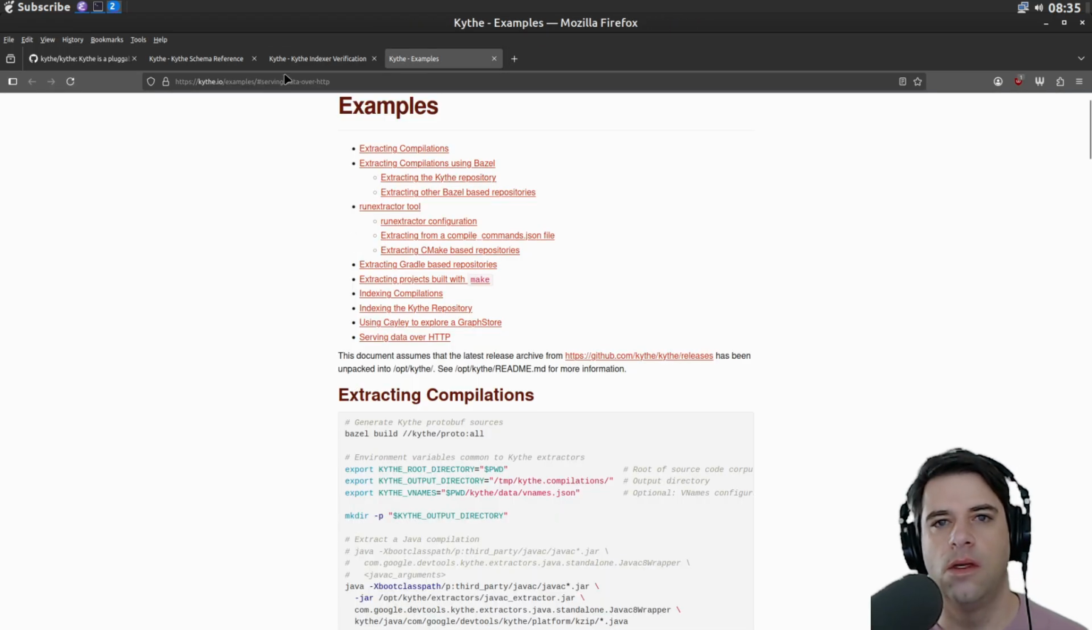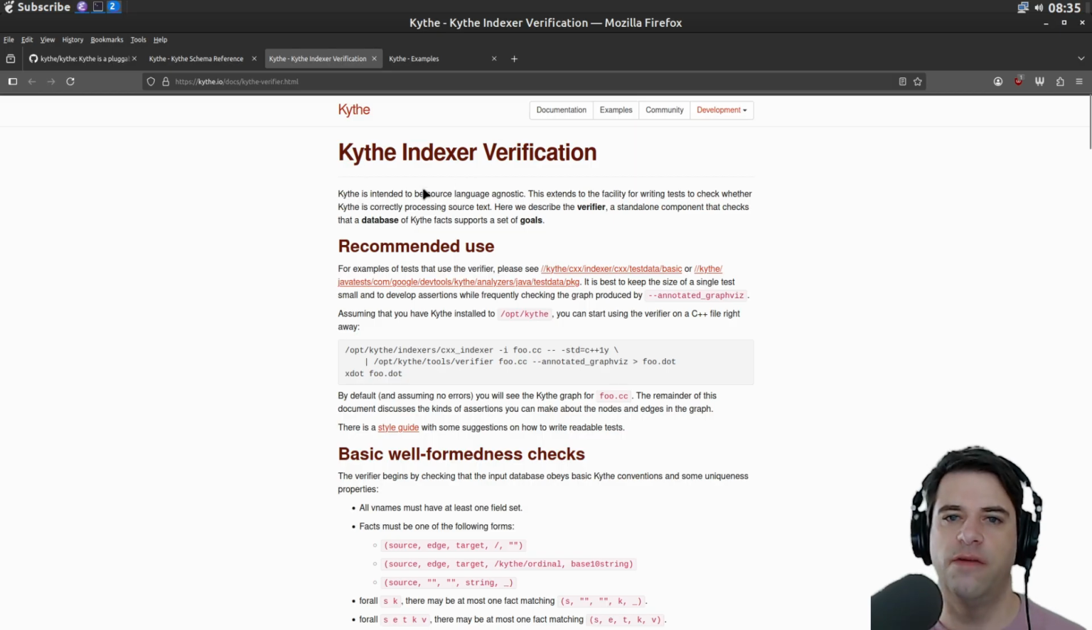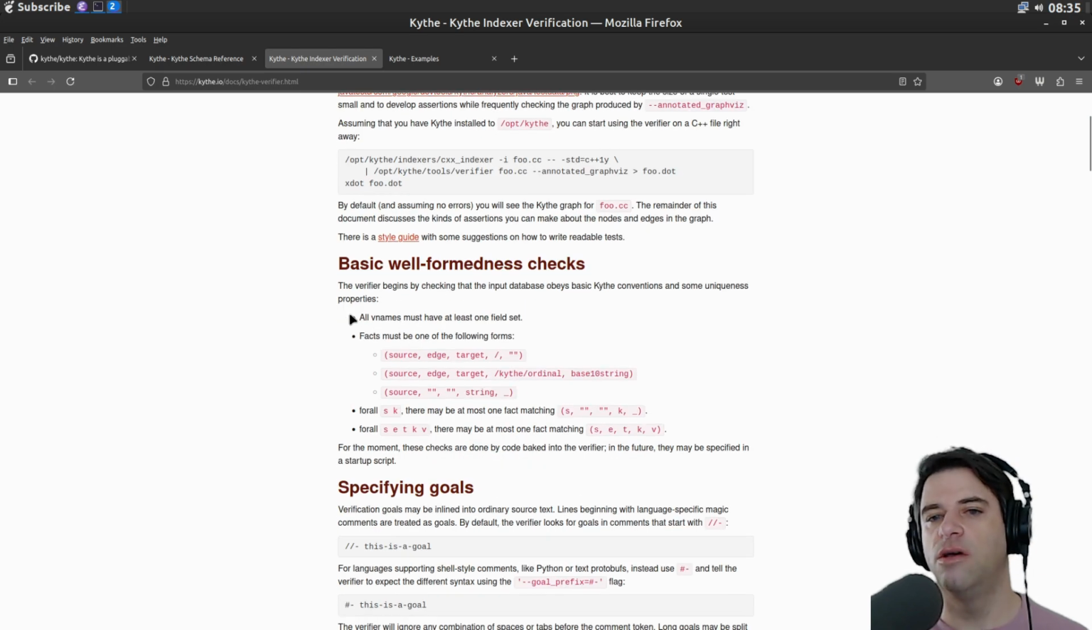No, okay. So, and then we have what an indexer verification is intended for, a source language agnostic standalone component that checks that a database of Kythe artifacts supports a set of goals. So, like well-formatted list, all Vnames must have at least one field set. Facts must be one of the following forms. It looks like they're storing basically, I was going to say triples, but these are quadruples. Triples are a common way to store things in logic databases. They are basically just a description of a graph structure. These are quadruples. So we have source, edge, whatever target is, possibly a root directory, and maybe a label or a type,